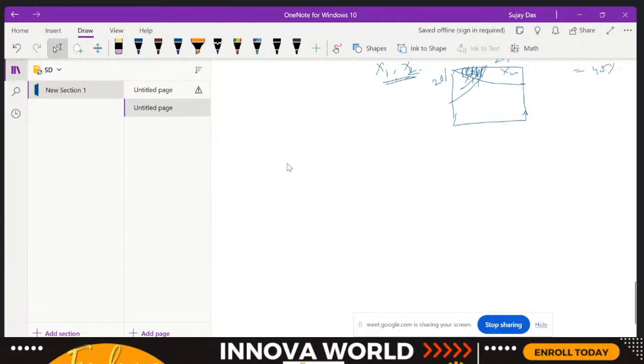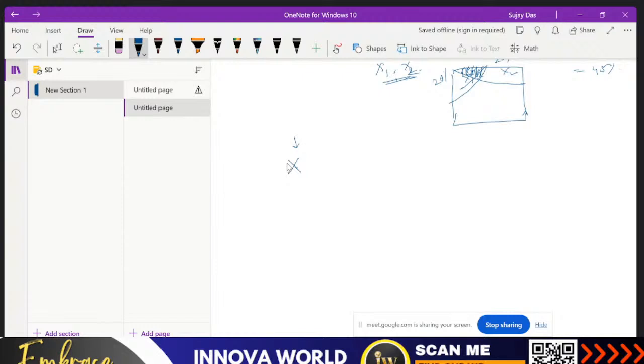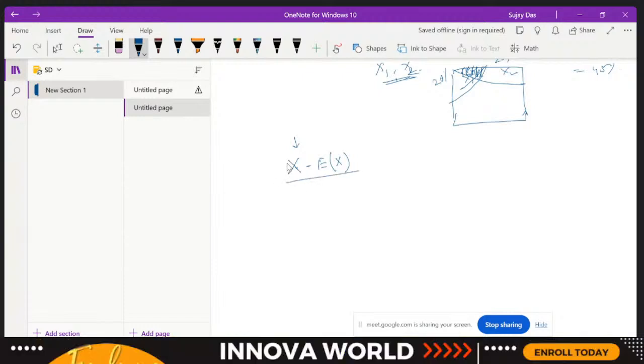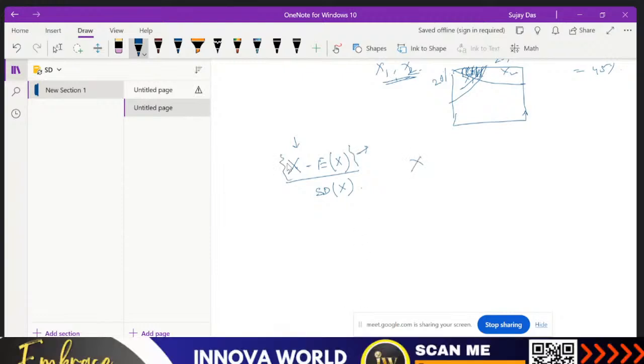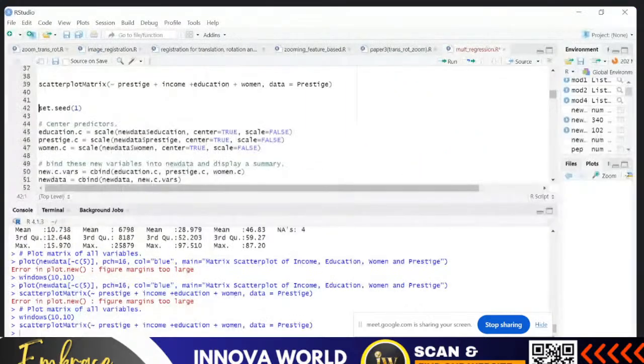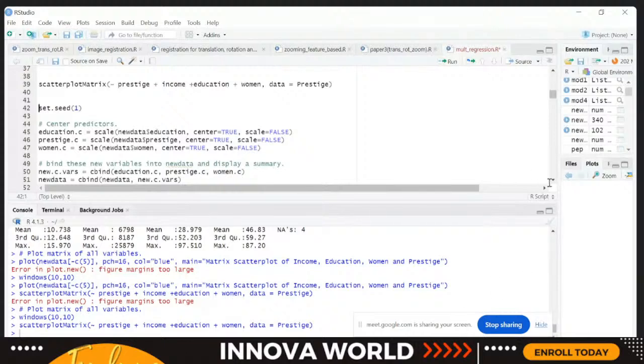Suppose this is the variable x. This is your predictor variable x. By centralizing, we mean we are deducting the expectation, or the mean, of the variable from the data. But if we are saying that we are standardizing the data, then along with this we have to divide it by the standard deviation of the data. But here we are only centralizing the data. We are using this variable and the mean of the variable. Why we are doing this, we will explain later. We could do without it also, but sometimes it helps